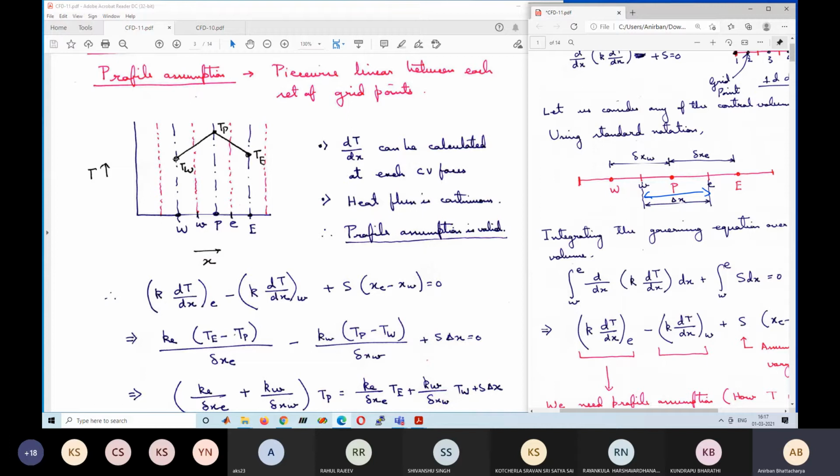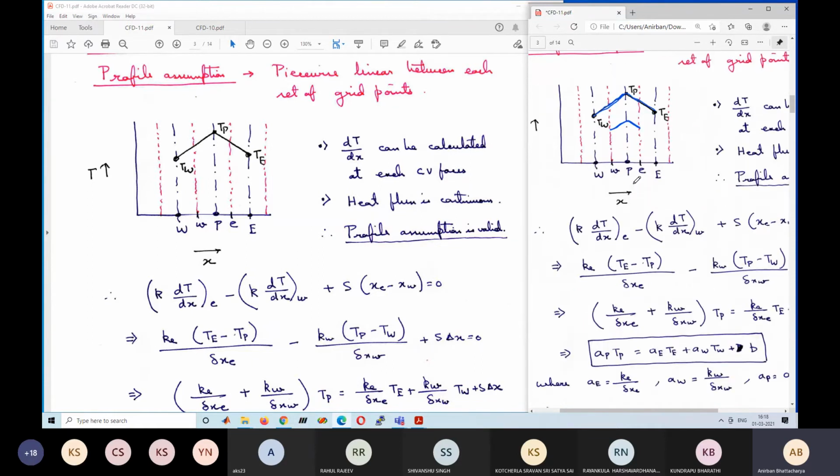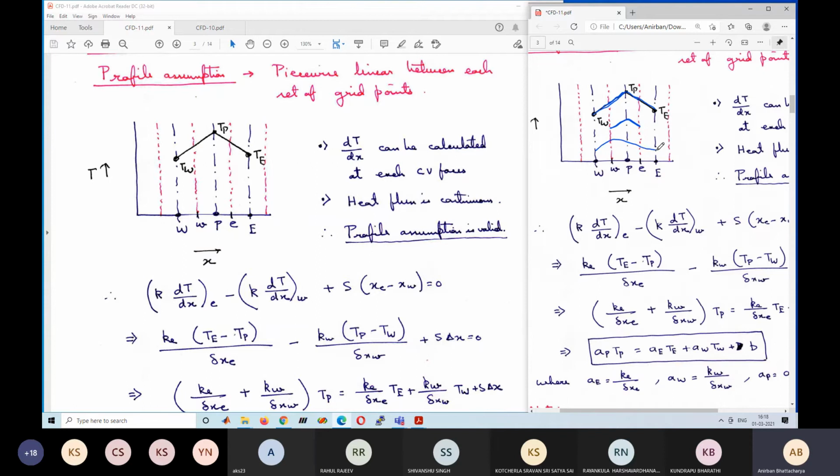Okay. One important thing to note here is that we are defining this temperature variation as linear variation. In the actual problem, this need not be linear variation. Okay, the actual problem may have any other variation. For example, the actual variation may be like this. Okay, we do not know what is the actual variation. For solving our problem, we are assuming that the variation is like this. Now, I will come back to your question, this helps us in calculating the heat flux at the interfaces, because we need to calculate the heat flux at the interface. At any other point, we don't need to calculate the heat flux, so it does not cause any problem.